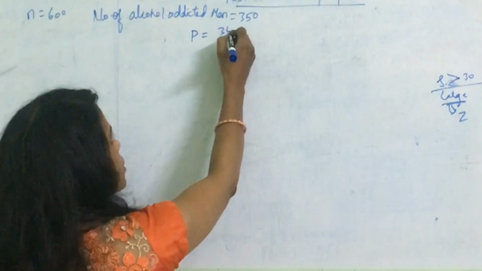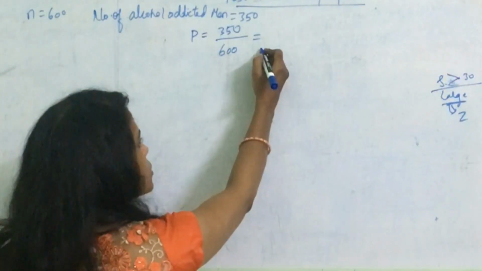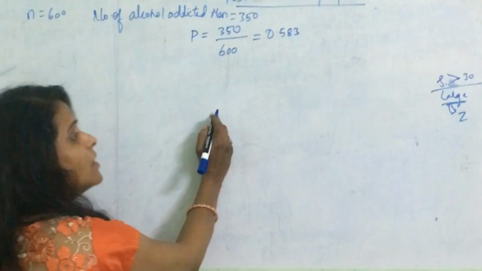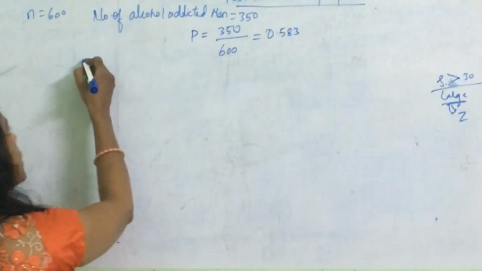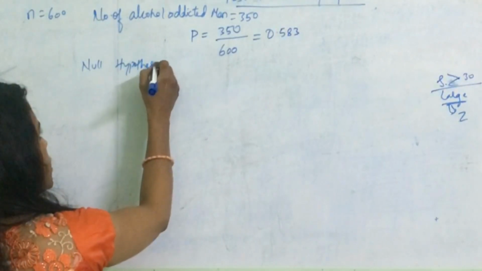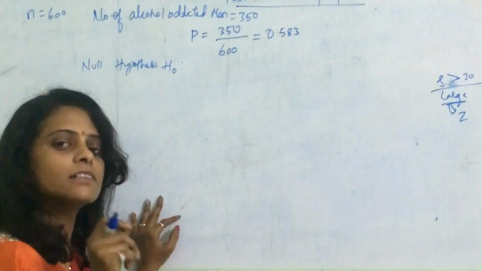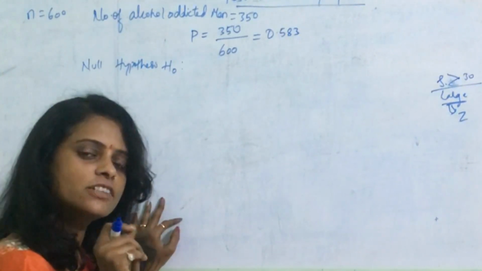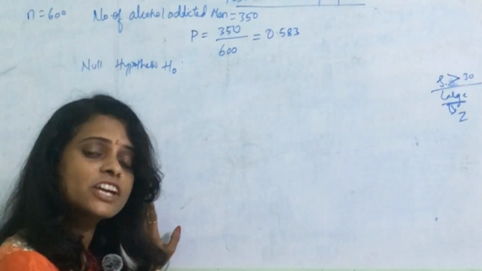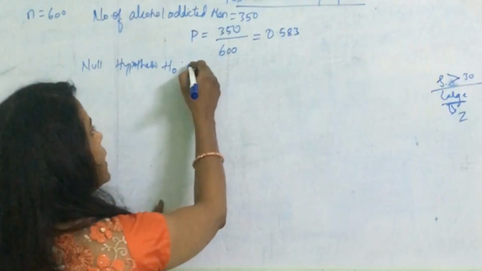So how many men are alcohol addicted? 350. And how many total number of people are there? 600. So 350 by 600 is 0.583. Okay, then in this, first we'll write down the null hypothesis. So what is the null hypothesis? It is represented with H naught. So we have to write that there is no significant change in the particular sample that you have taken. So no significant change means what? That the people who are alcohol addicted